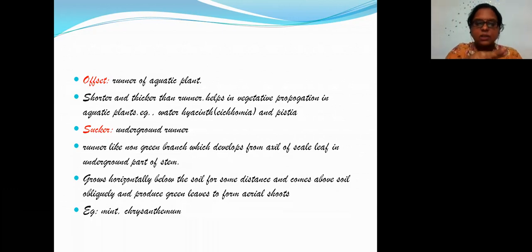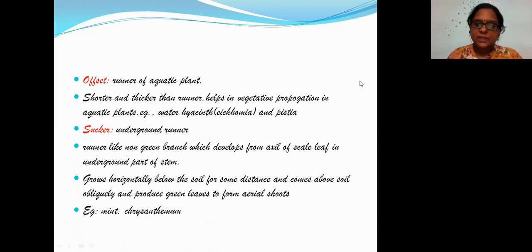If you just cut this water hyacinth and put it in the water, it will grow. They mainly do this for vegetative propagation of aquatic plants, because it is a very good feed for the aquatic animals. Most of the fishes take this water hyacinth as a feed, and it also helps to improve the BOD level, the biological oxygen demand, in the water. So it has a good application in the aquatic area. This plant has a good vegetative propagation ratio also. If you just cut and put this, it just grows.